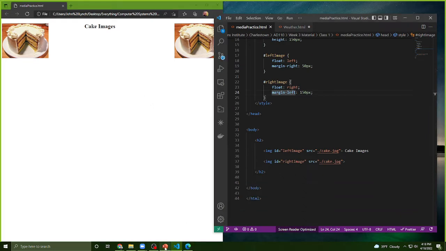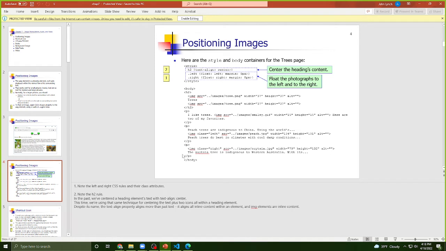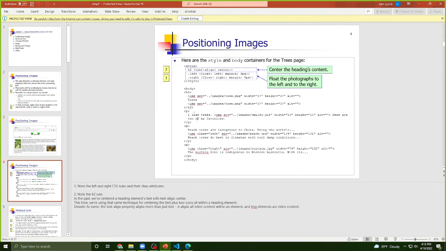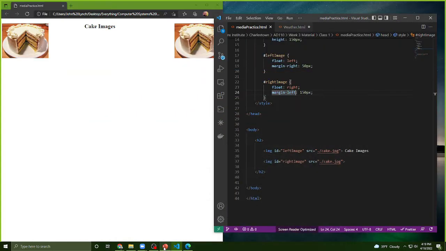Okay. Cool. So that's just a little bit about floating. But floating is a nice way to get information like this. So you could float images to the left of some pieces of text or to the right as well. And again, if I'm looking at the code, you'll see that in the paragraph tag, all the images are immediately inside of there. So when you want to position images around pieces of text and make it look nice around text, you're going to want to put the image, excuse me, the image tag directly into the